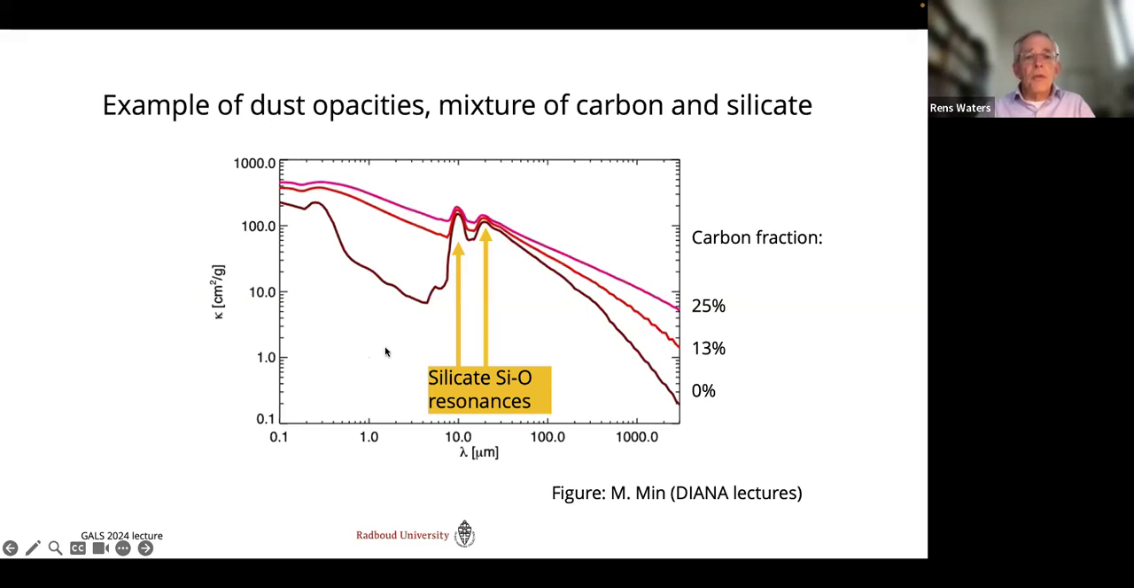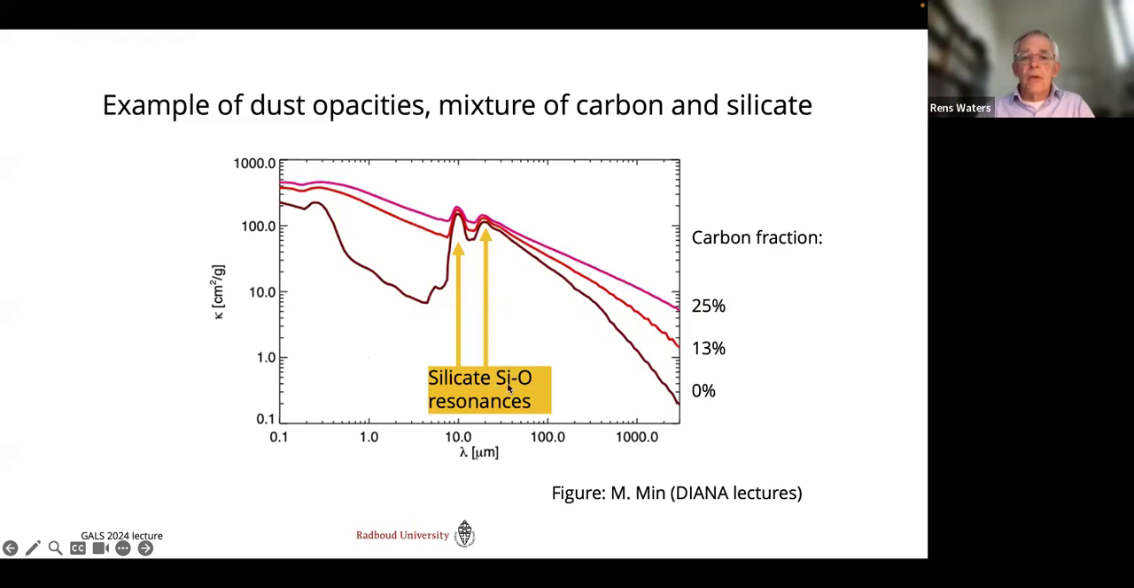The absorption cross sections, as I said, also depend on wavelengths. And so here's an example of a mixture of both carbon and silica dust, taken from a paper by Michiel Min, where you see as a function of wavelength the absorption cross section, the absorption kappa. So this is no longer Q, but now we are back to kappa in centimeters squared per gram. And the reason why I show this diagram is to imprint on you that in solids you can actually see the resonance of